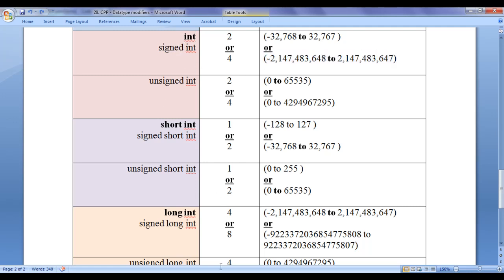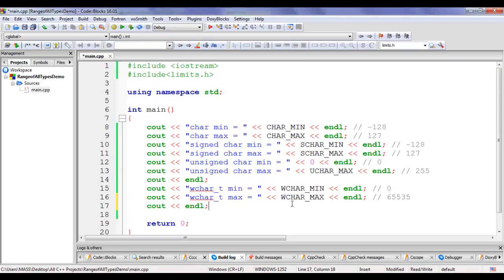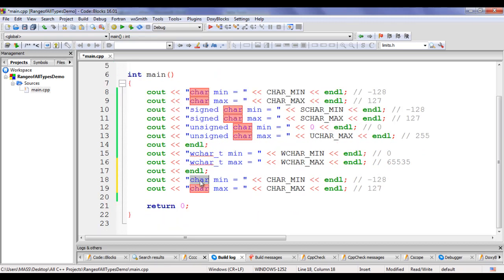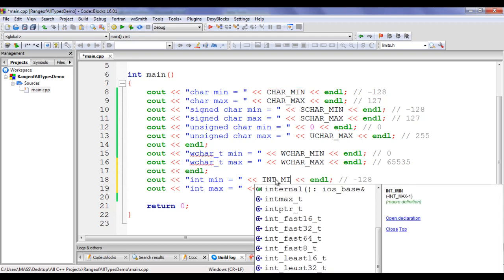Let's go to Code::Blocks and display the range of int, signed int and unsigned int. I'm going to copy these two lines of code and paste down. Here I say int min, here I say int max. We have the constant INT_MIN.